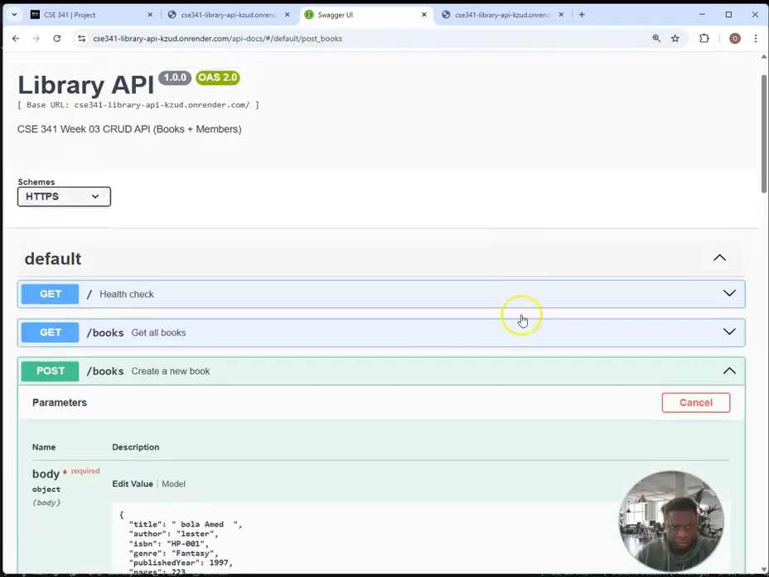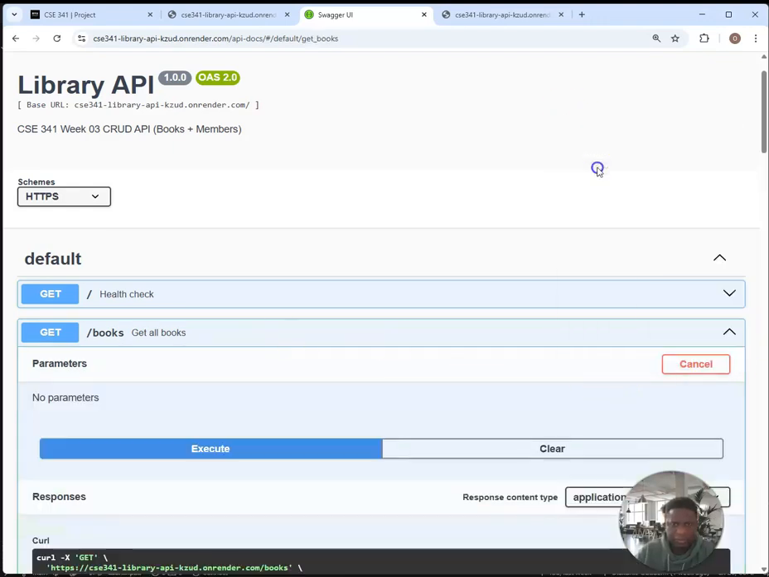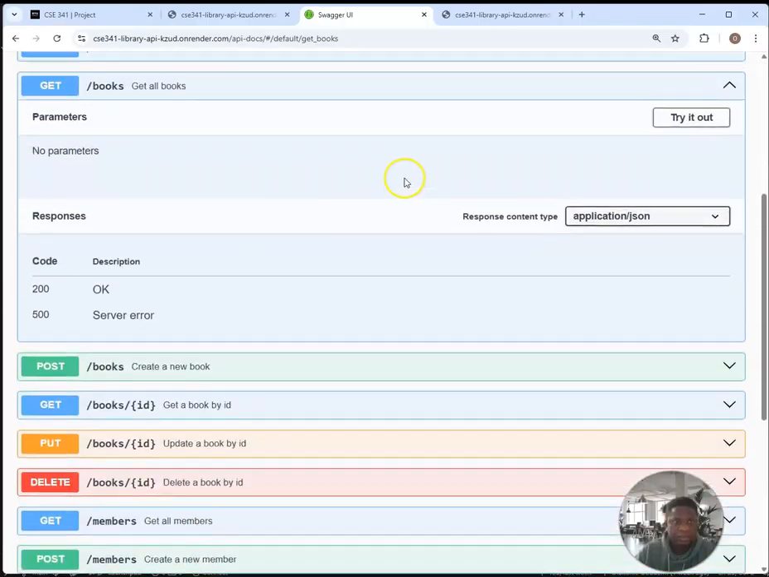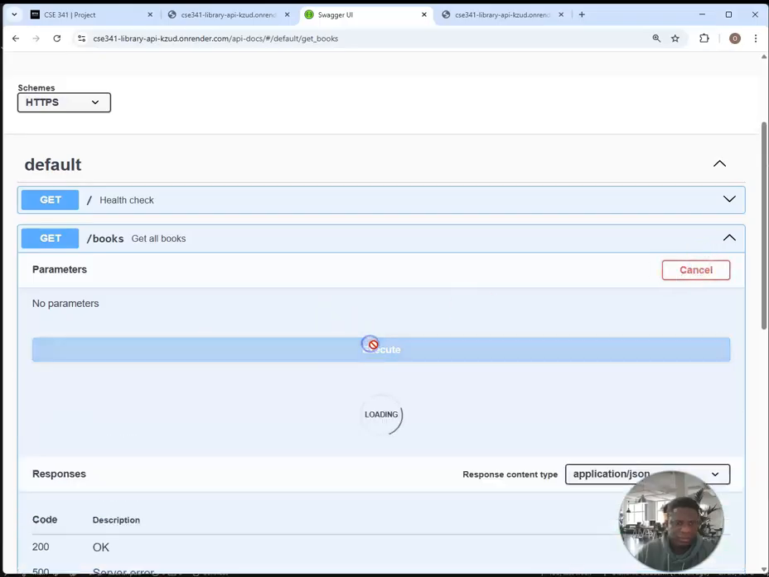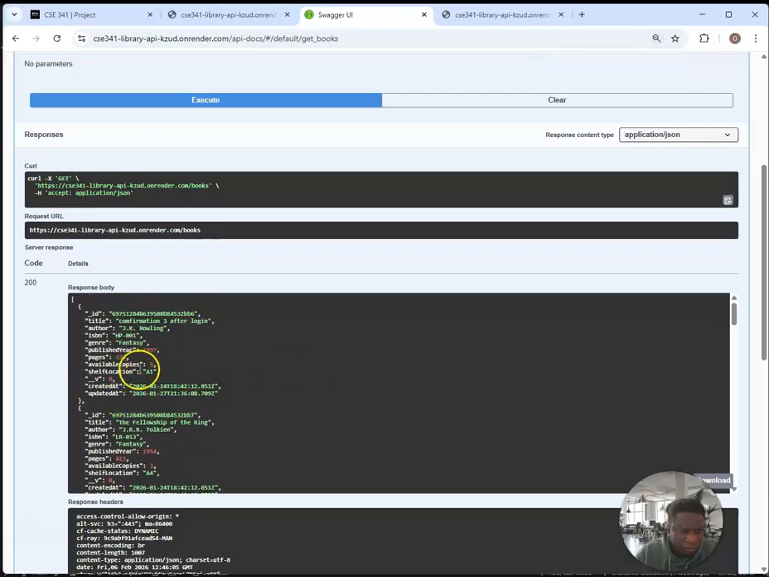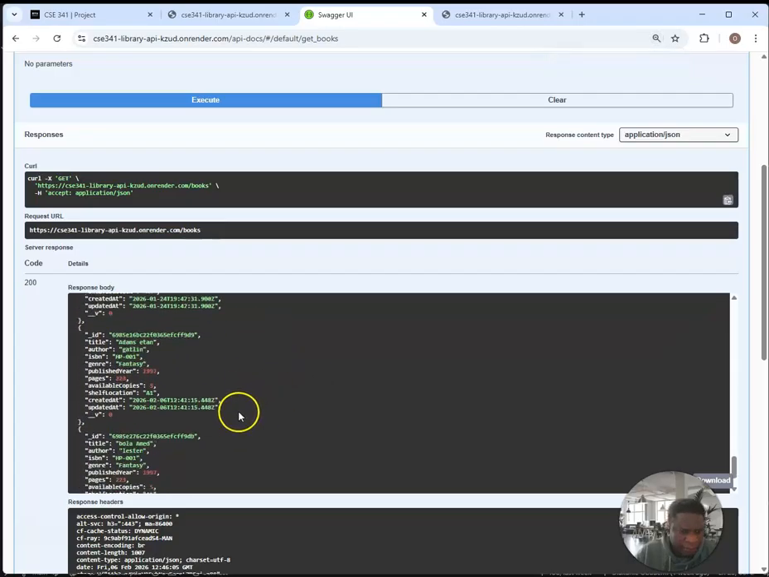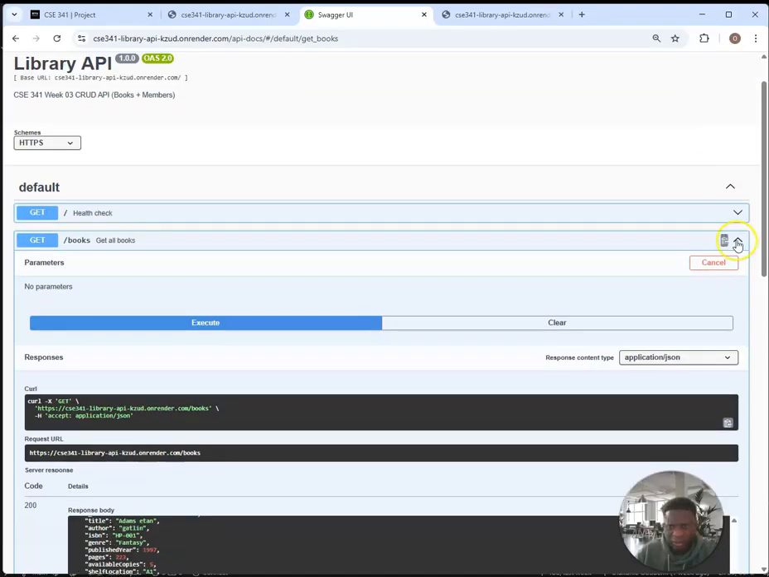Let's quickly go back to our get all and see if this has been updated in the new list. As you can see, the last item that I just created is Bola Ahmed, and the author is also changed to Lester. And if we try that with the other endpoints,